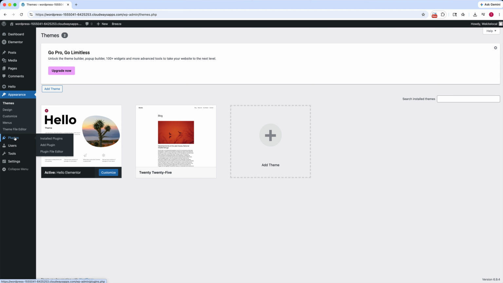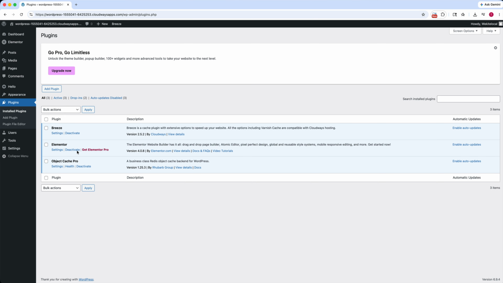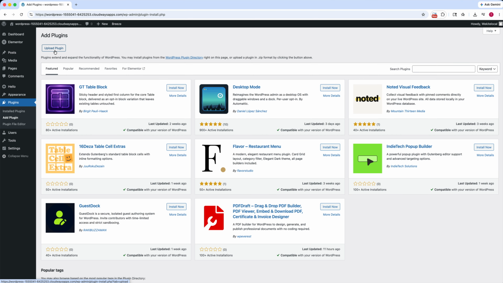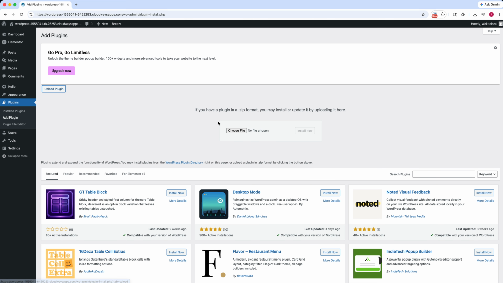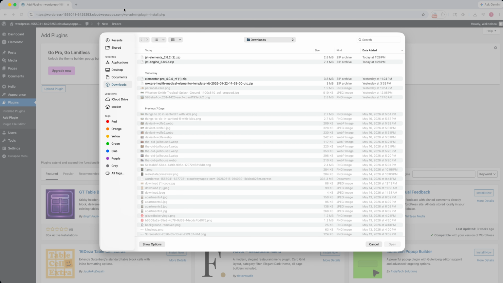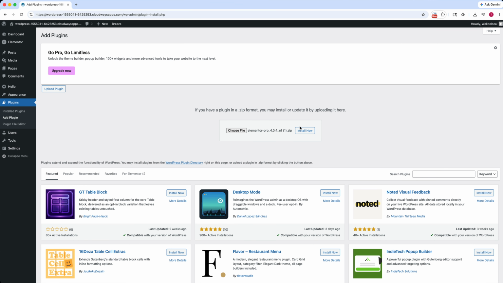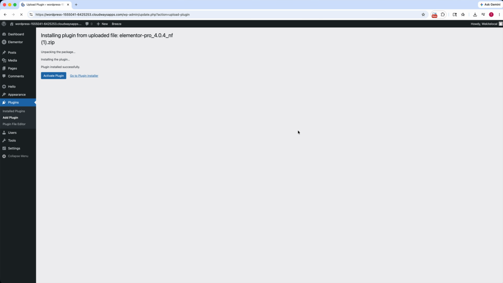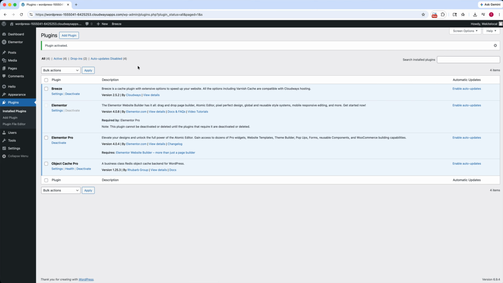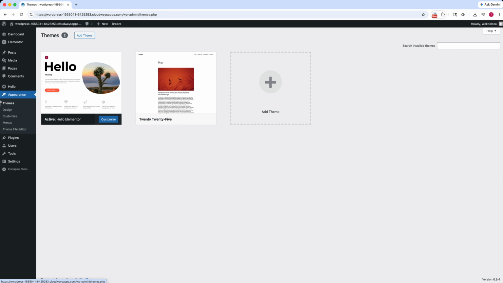Perfect. Plugins wise, it said install Elementor, so I clicked it. I have Elementor. Now I am going to use Elementor Pro on this. I know I probably should have not, so everything was kind of free except for the template kit, which again, you are not going to need. So if you don't have the template kit, keep in mind we're just going to be building things from scratch, and some of you guys are really comfortable with doing that, or you can choose some of the templates that Elementor already has packed in. So I've just installed Elementor Pro, Elementor,